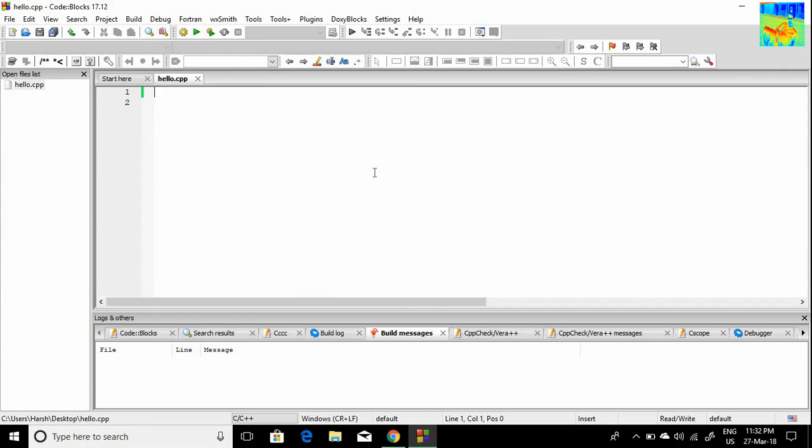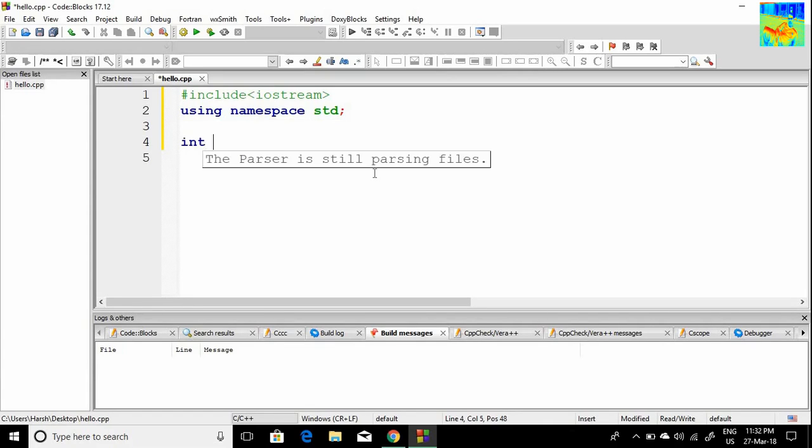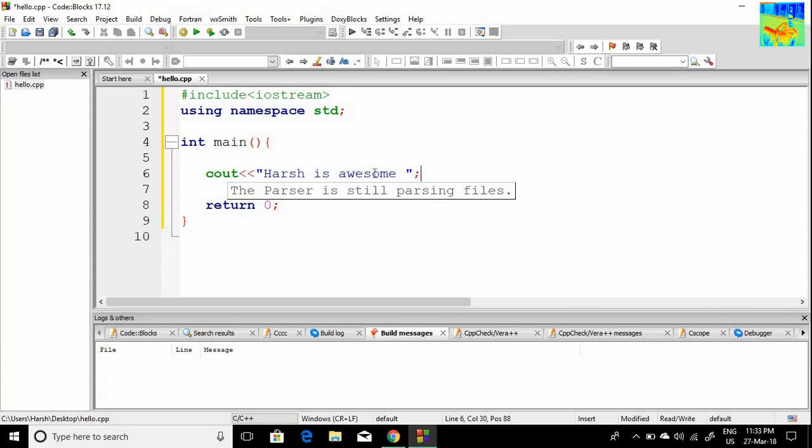and you have to copy the same code. #include <iostream>, using namespace std; int main, return 0, cout, "Harsh is awesome". Okay, so you have to